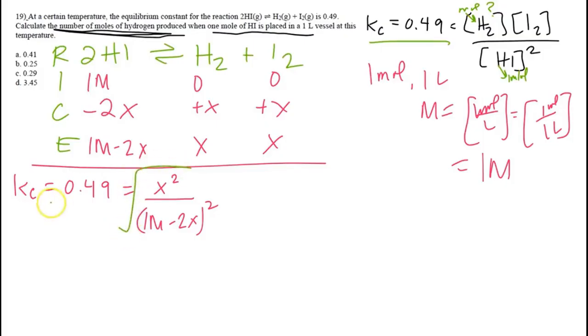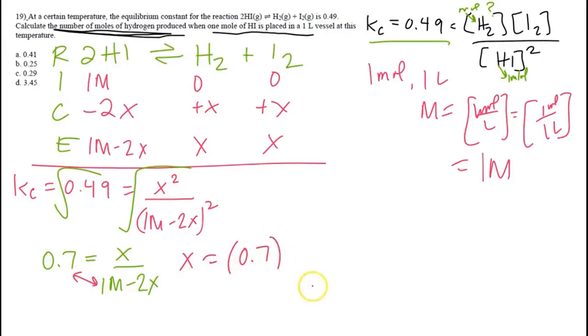That means I can take the square root of either side. And so the square root of 0.49 is going to be 0.7. This is going to equal x over 1 molar minus 2x. Now I can use this to solve for x. So what do I do? I'm going to cross multiply here. So x is going to equal 0.7 times 1 molar minus 2x. I'm going to take my 0.7 and distribute it here. So my x is now going to equal